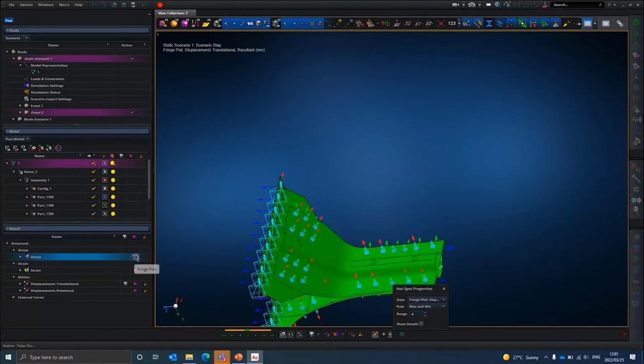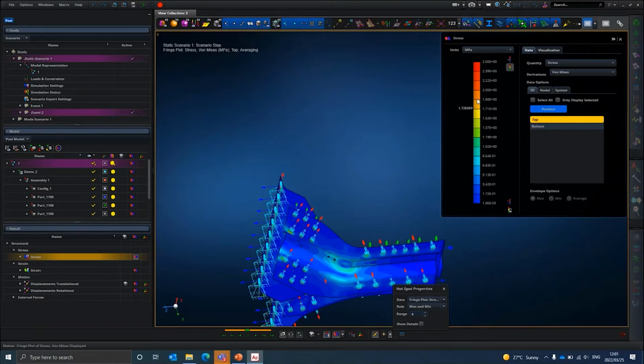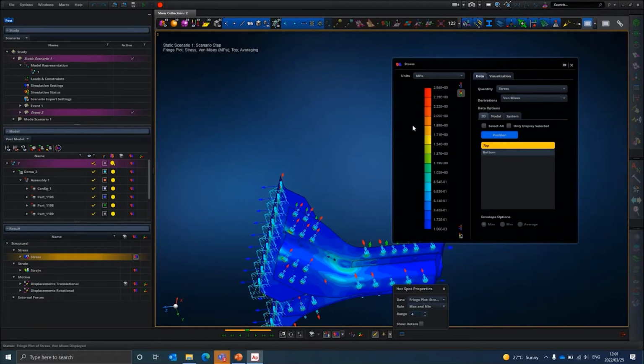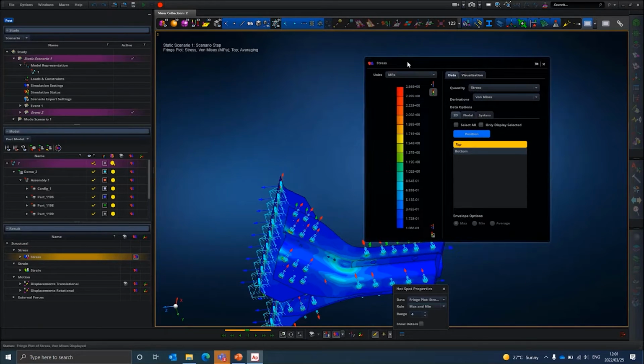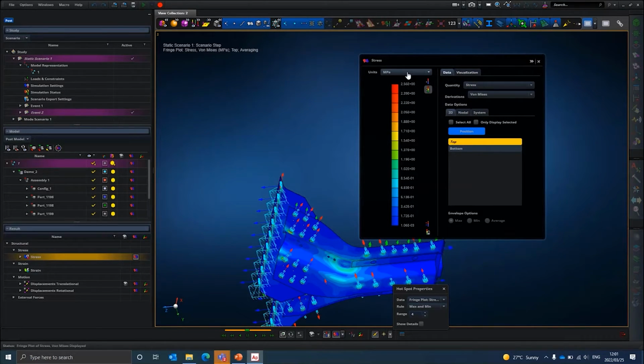Then let's just quickly go and have a look at what we get in the spectrum. If you, for instance, plot a fringe, you will get specific options in terms of what you can do. So you can quickly switch units here. You can change whether it should be discrete or smooth, and then also you have the option of locking the